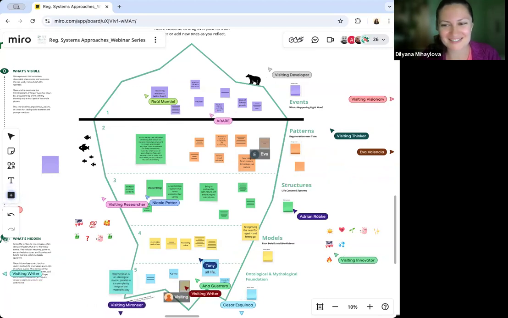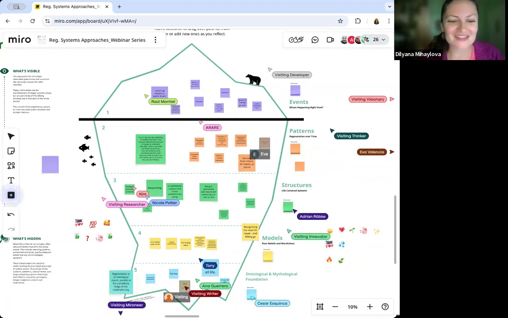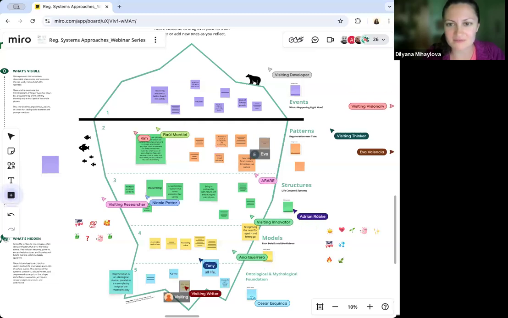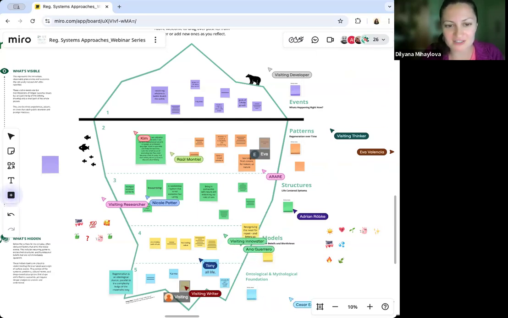Okay, I will accept the silence. I will move us on then to the next exercise. Again, we'll keep digesting and reflecting on these ideas, and we can use them when we think about the compass. So stay with them, come back to them, and we will have breakout sessions in the end as well, so we can go deeper into smaller groups. Perhaps that might be easier as well.